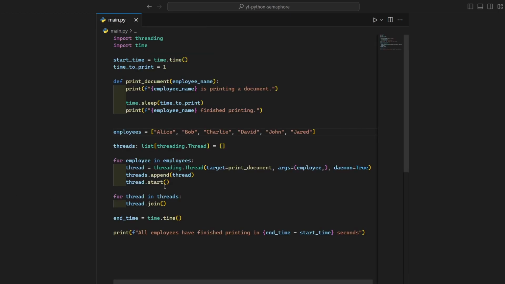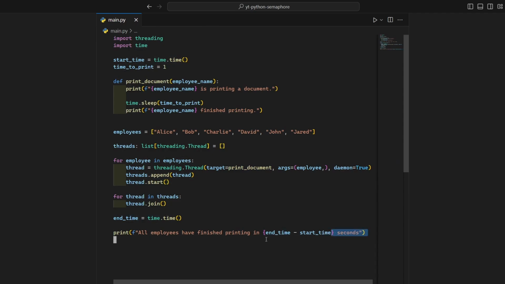The example I'm going to demonstrate here is as follows. Think of a scenario where you have two printers at your office and six of your colleagues want to print at the same time. You want to prevent this, since there are two printers, a maximum of two employees should be able to print at once. So if we spawn a thread for each employee,